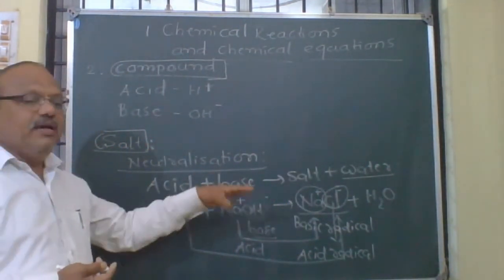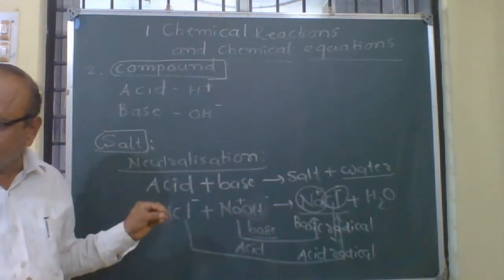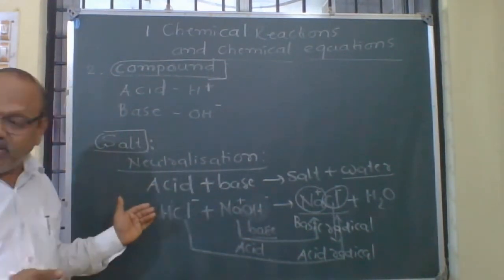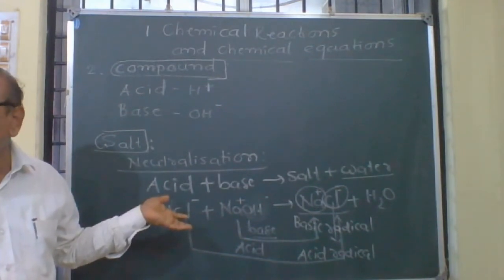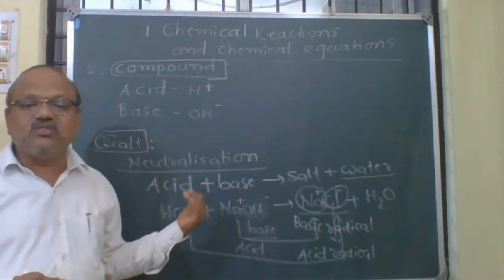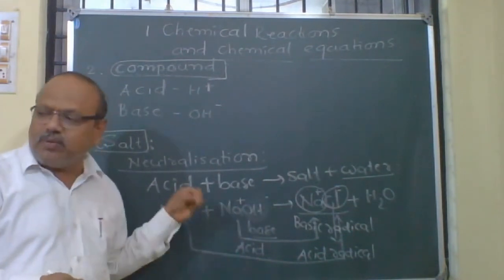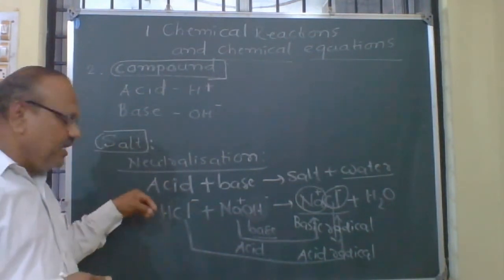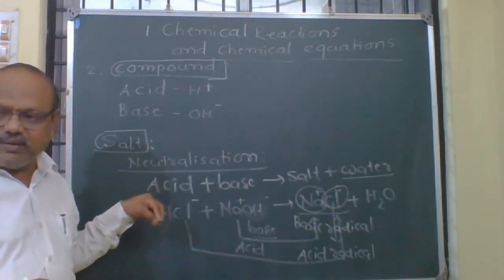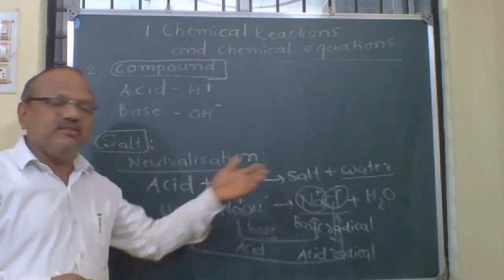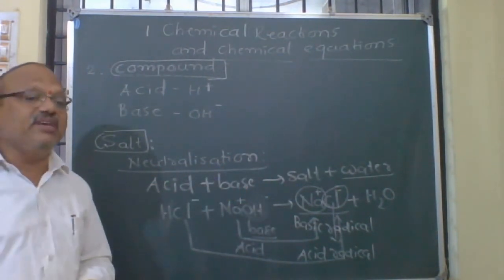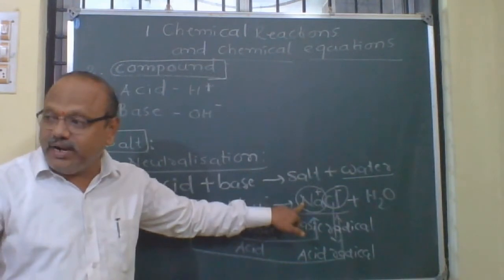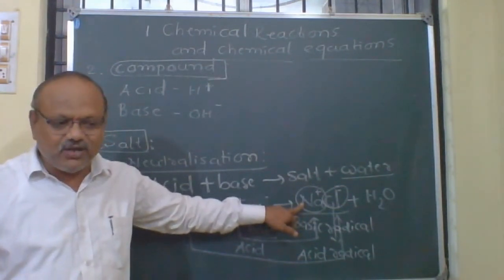Generally, acids have the common H plus ion and bases have the common OH minus ion. Along with that, acids have a negative ion, called the negative radical, and bases have a positive ion, called the positive radical. Positive radicals are provided by bases, therefore they are called basic radicals. Negative radicals are provided by acids, therefore they are called acid radicals. Positive ions are called basic radicals, or electropositive radicals, as printed there. Read it on the top.